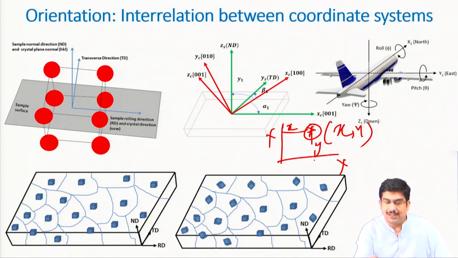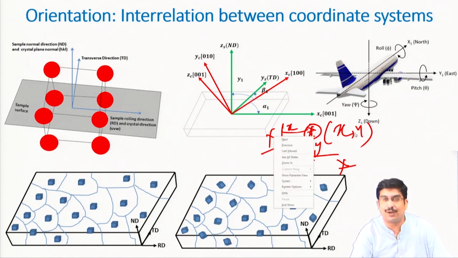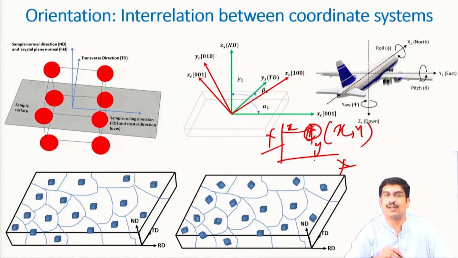That means you first define this coordinate system, whether it is a Cartesian coordinate system, polar coordinate system, whatever. So, you define this coordinate system and then in terms of this coordinate system you define this point. So, this x and y basically tells the location or orientation of this particular point with respect to this coordinate